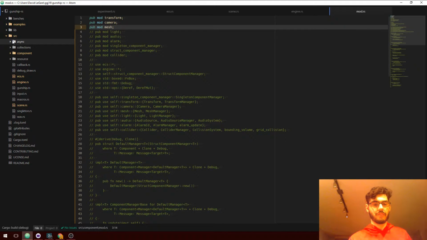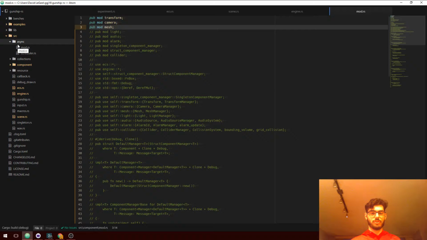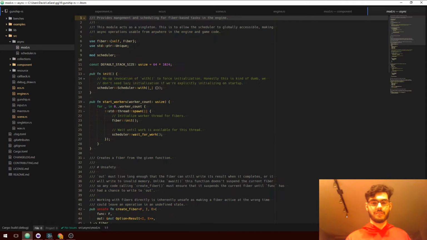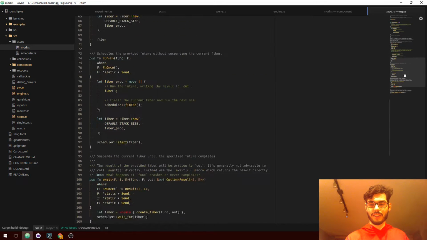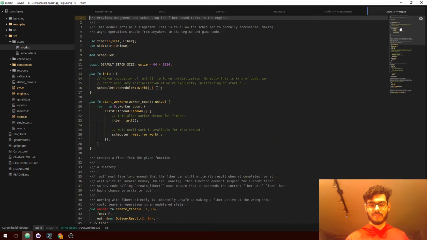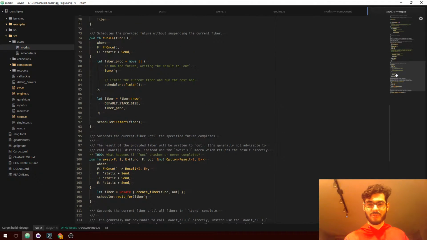I'm wondering if I shouldn't just create a top level. So I've got this async module. I'm wondering if I shouldn't just make this async module a new top-level game engine. I'm wondering if I shouldn't just fork my entire engine and make a new one from scratch.